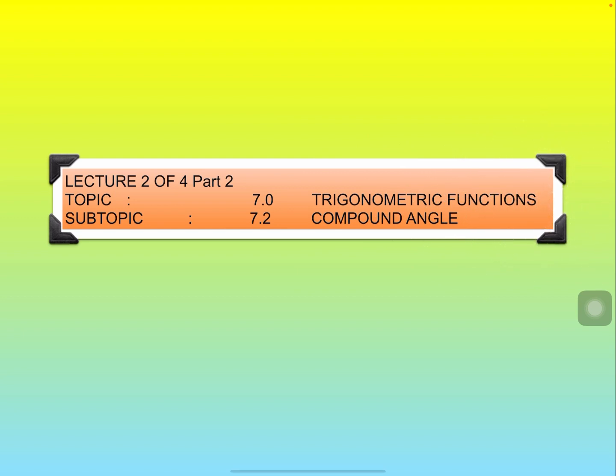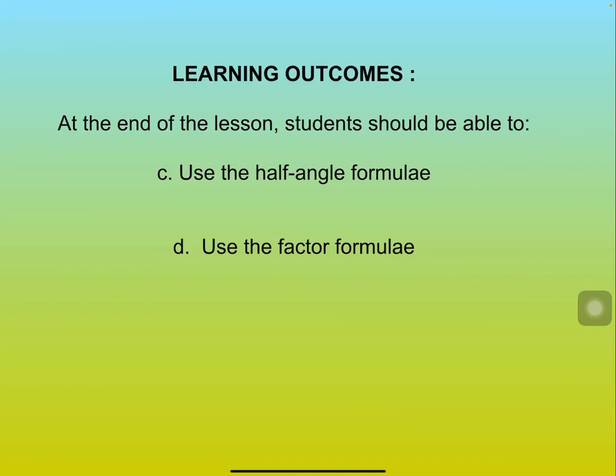Lecture 2 of 4, Part 2. Topic 7.0 Trigonometric Functions. Subtopic 7.2 Compound Angle. Learning Outcomes. At the end of the lesson, students should be able to